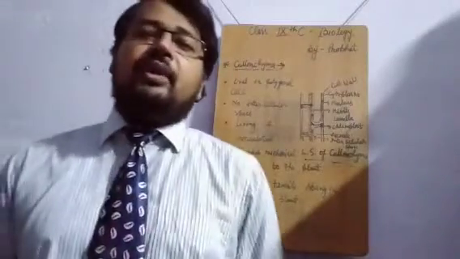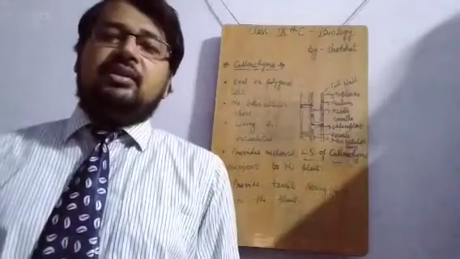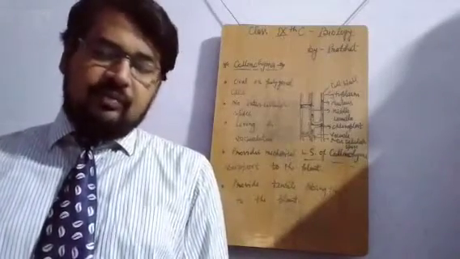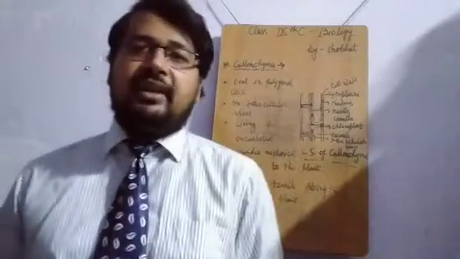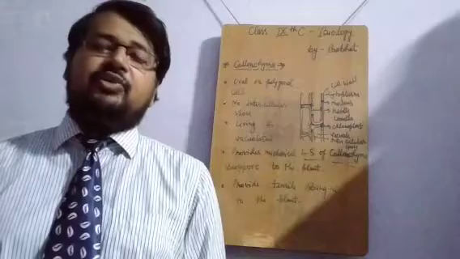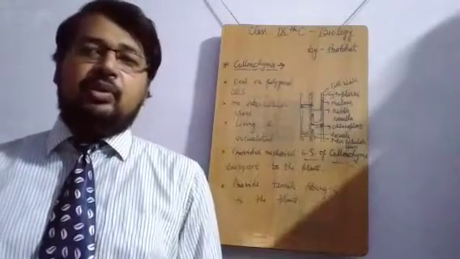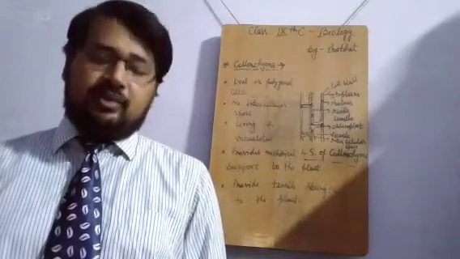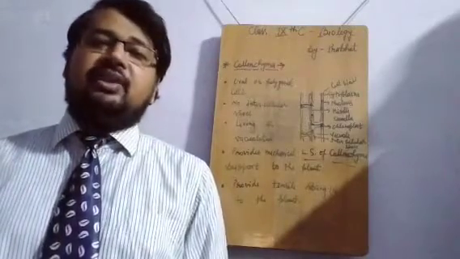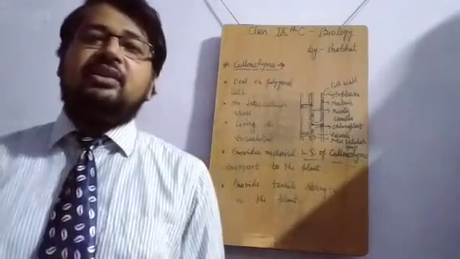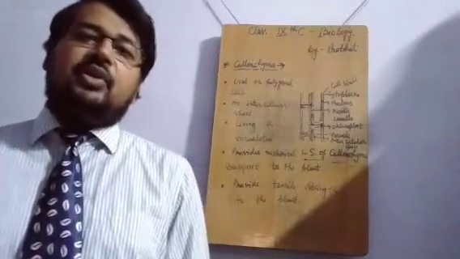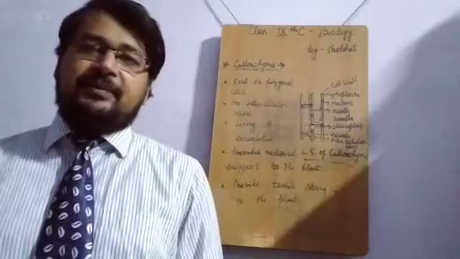First, we need to know what type of cells are found in the collenchyma, that is a simple permanent tissue. As per your book, the cells are oval or polygonal in shape. So, there is no definite shape. It may be oval or it may be polygonal. Generally found below the epidermis of the dicotyledonous stem. This is the specific feature: generally it is not found in the monocot. It is found only in the dicotyledon plants.